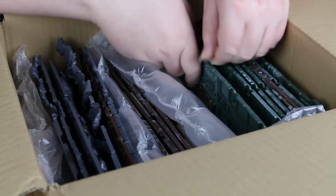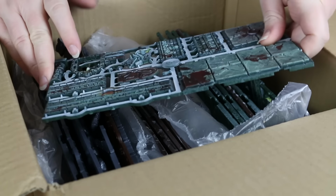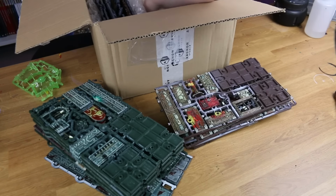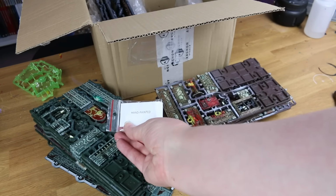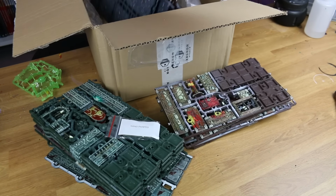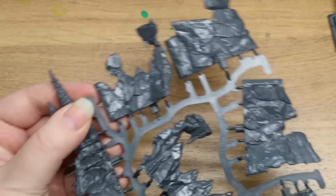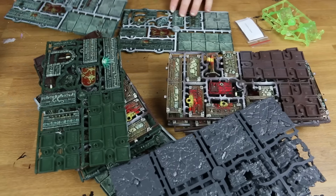So let's open up this package and see just what they've sent me. We got some sprues of their new pre-painted terrain tiles, a gelatinous cube miniature, a single hand-painted element, I guess, to compare to the pre-painted ones, as well as a few of their new cave sprues, which I am quite excited to start painting. Stay tuned to the end of the video if you want to see exactly how I end up painting these. But before we delve into the caves, I want to talk about these pre-painted sprues,